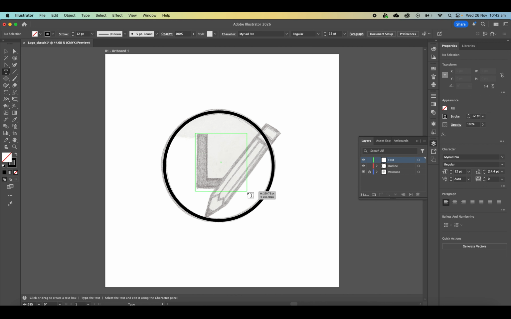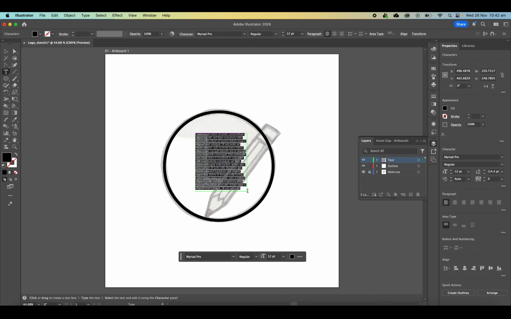Drag over the L like so, and you should have text come into the box like that. We're going to press the letter that we want to use in the context of the tutorial. For me, that is L, but you are welcome to choose whatever letter you want. We're going to press Command A or Control A to select all, and then we are going to change the